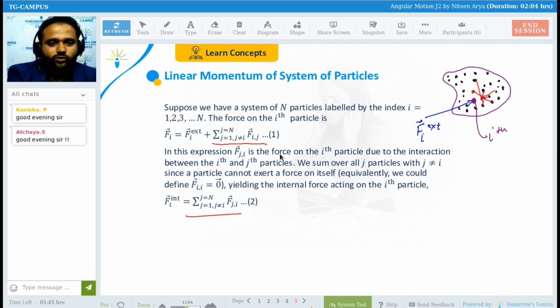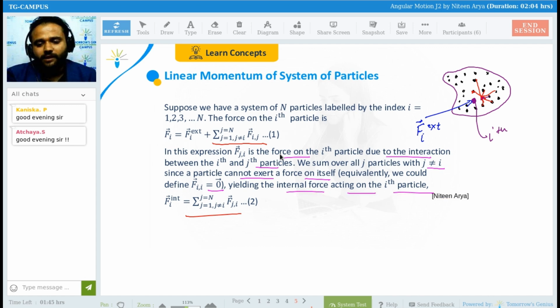Clear? So as you can read in this expression, Fji, j cannot equal i, because a particle cannot apply any effect on itself. So Fji is the force on the ith particle due to the interaction between the ith and jth particles. We sum over all jth particles with j never equal to i, since a particle cannot exert a force on itself. Equivalently, we would define Fii equals 0. Either you can write it this way or that way,